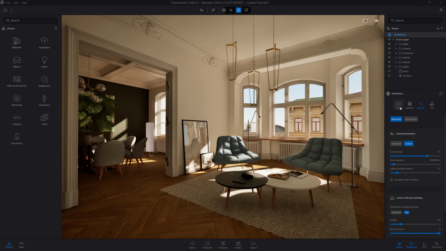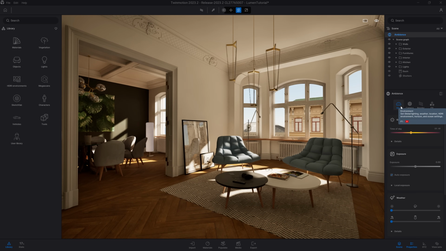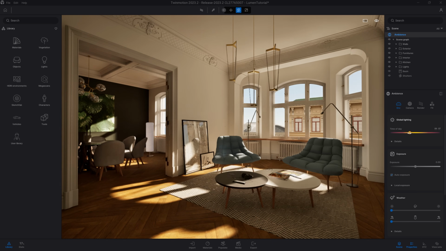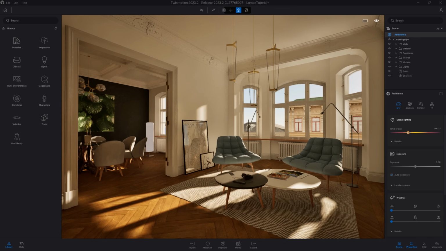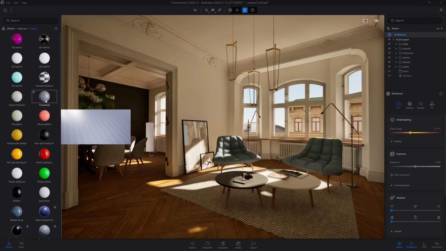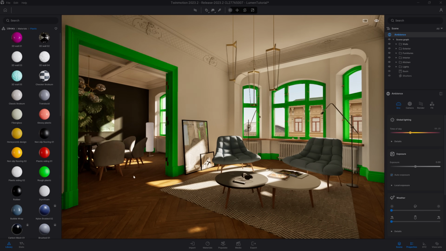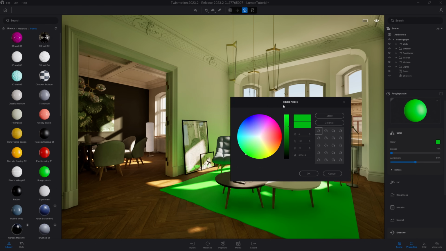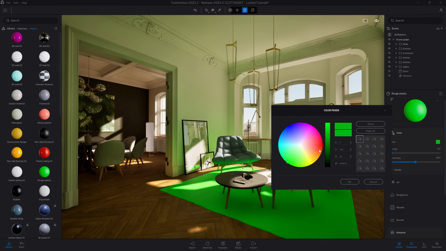As I mentioned in the beginning, Lumen is a real-time system. That means here, if I start to change the time of day, Lumen will adapt in real time to the change of lighting. To better see that, I'm going to apply a different material on the ground. So I'm going to the materials. Let's try, for example, with the plastic and drag and drop that green rough plastic on that carpet. As we can see here, my ceiling, my walls here turn automatically green. I'm going now just to change the color of that, again to just better show you the effect it brings to our scene.